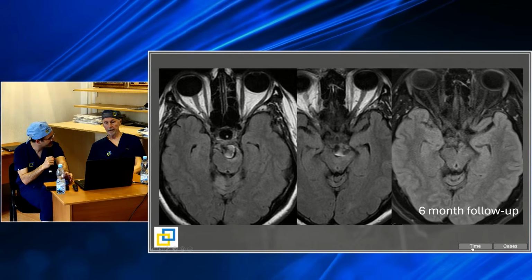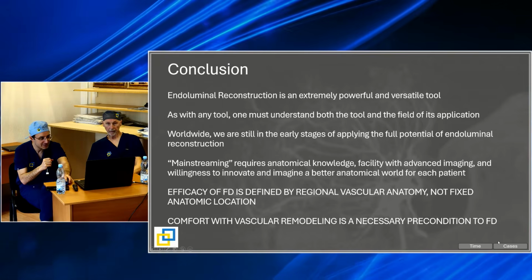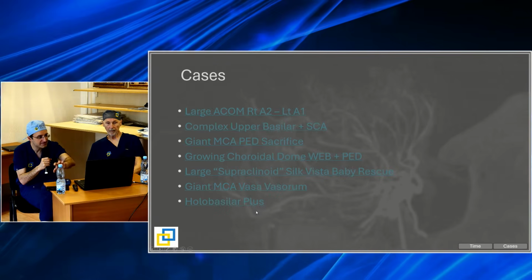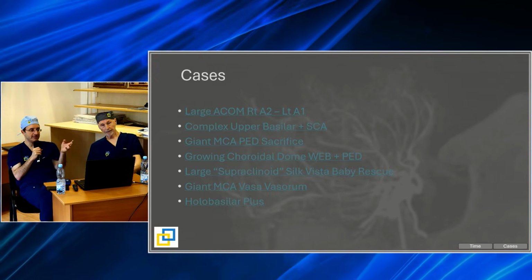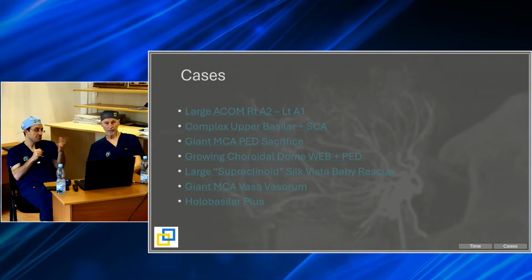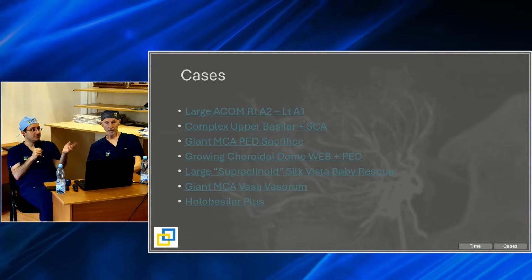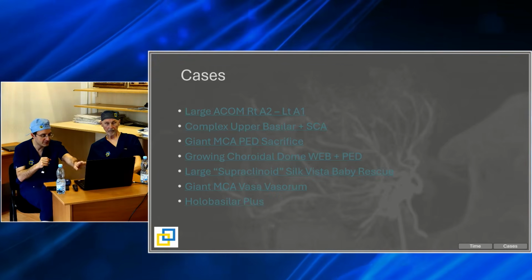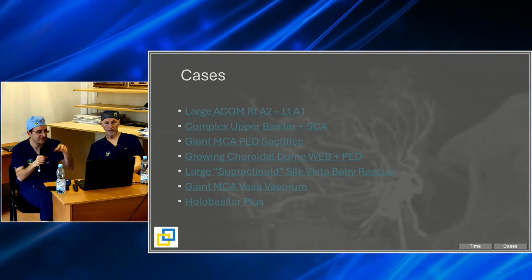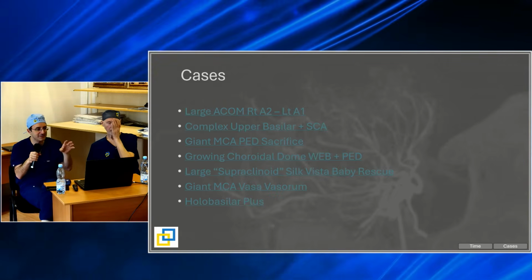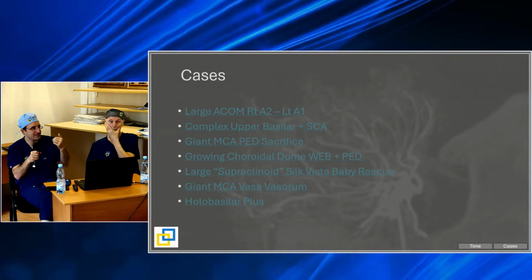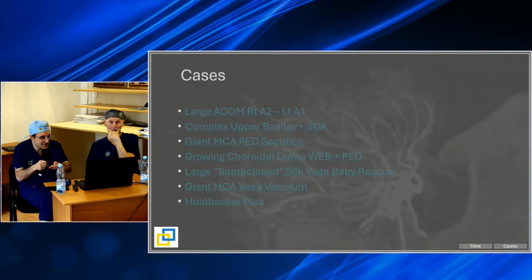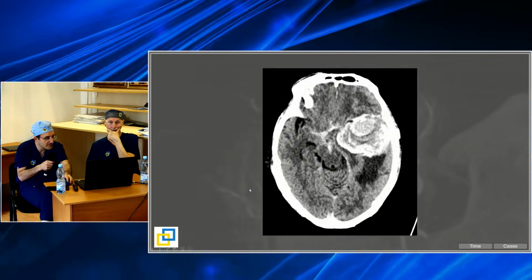One more case, maybe just one more, because I want to finish with some cases we didn't discuss. When we think about showing all the applications of the device, sometimes it may not be the right tool. So I'm going to show just one case where we elected not to do flow diversion for different reasons, but still underscoring that even though we're not using the pipeline or whatever is your device, the principles of circulatory rearrangement still apply. And you can apply principles not with this tool, but with surgical tools and so forth